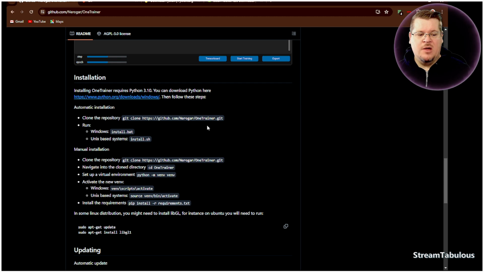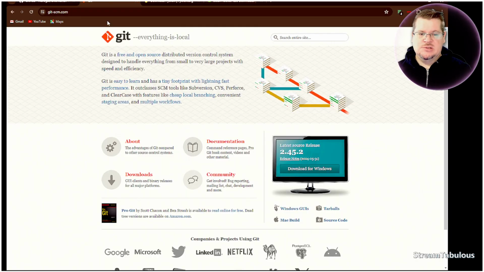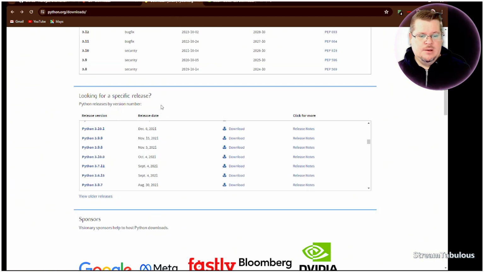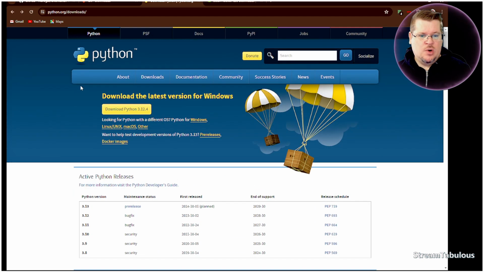You're going to need Python. And yeah, you're also going to need CUDA. So we have Git. We'll put all these links below. So you want to come down to the download, and then you just want to download the Windows version and install it. It's pretty straightforward. Python is an interesting one because you want to come over to the Python and then to